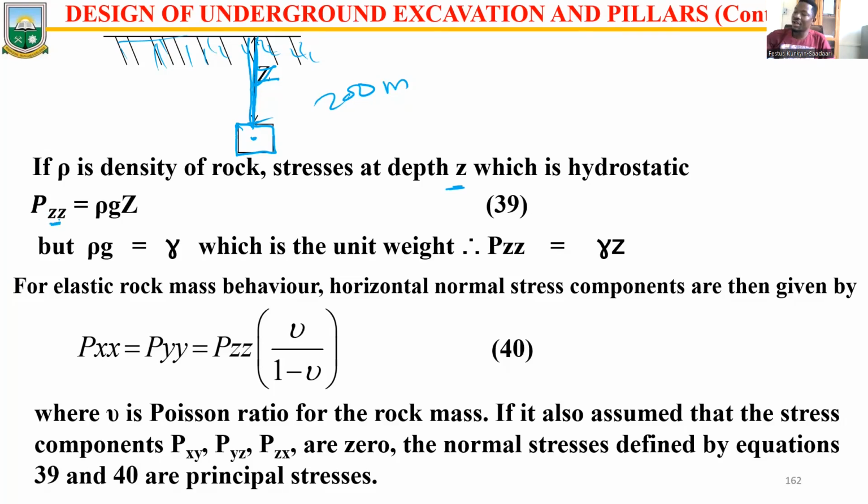And ZZ here is talking about we are trying to do the computation in 3D, okay, where you have your X, Y, and your Z, okay? We are looking at it in this direction. So your stresses in the Z direction. So stress in the Z direction is going to be rho G Z. So you have the rho being the density of the material. Then you have the G being the force of gravity